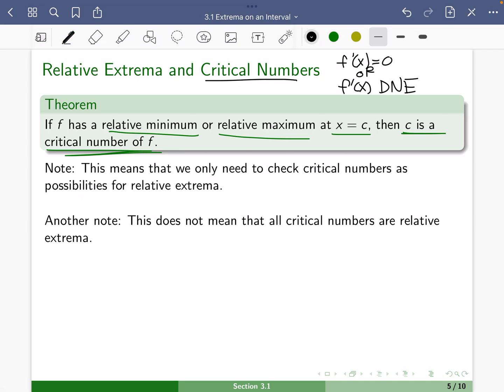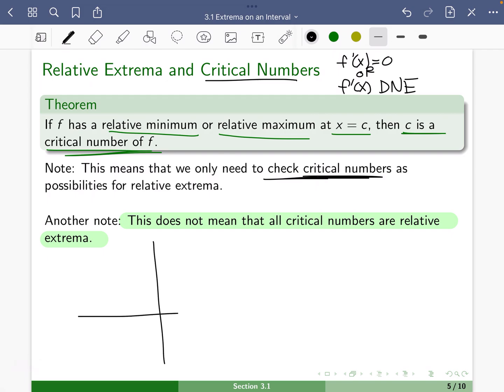Now be careful. This does not mean that all critical numbers are relative extrema. So the only possible places we could have relative extrema are at critical numbers. We only need to check critical numbers,